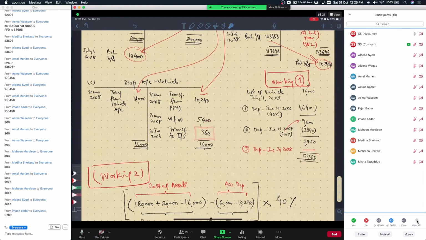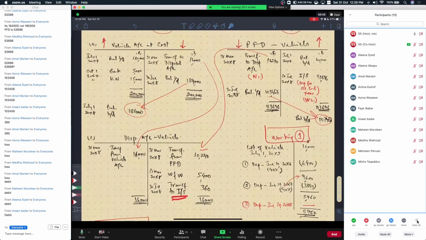So you can justify this 360 as a loss either within the double entry system by looking at income statement charge, whether it was a debit or a credit. So it was a debit charge, so that means it's a loss. Or you can simply use the table that you have, that depreciation schedule that you have made. यहाँ से भी आपको hint मिल जाएगा. So this is going to go to the income statement and loss,